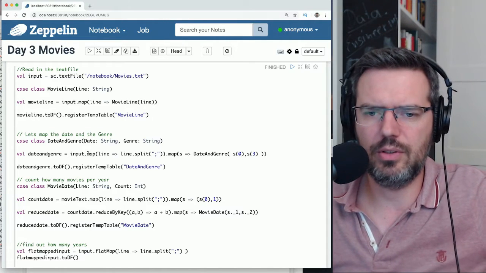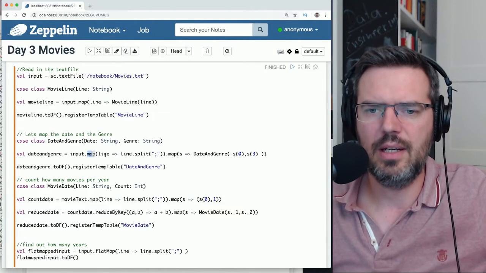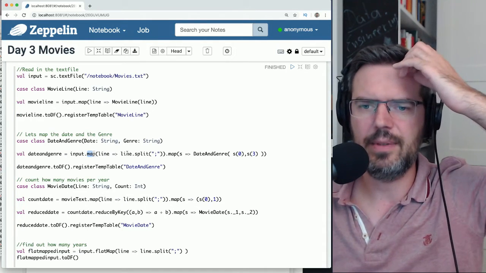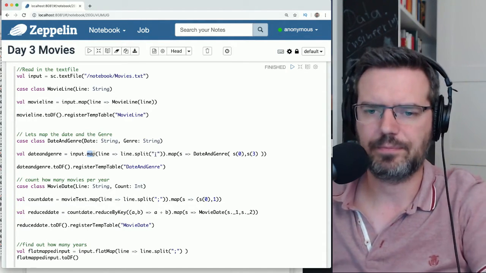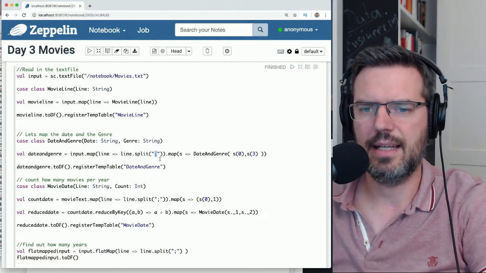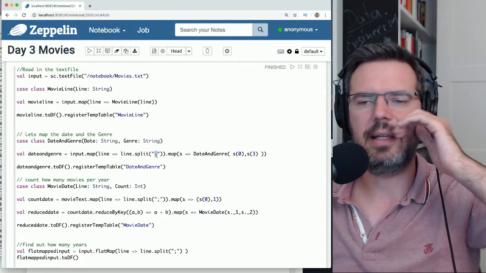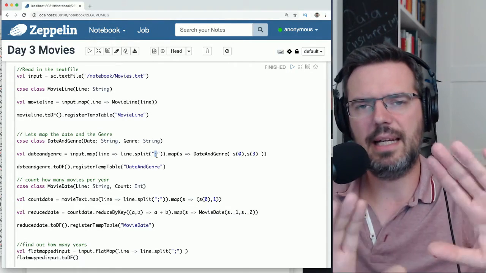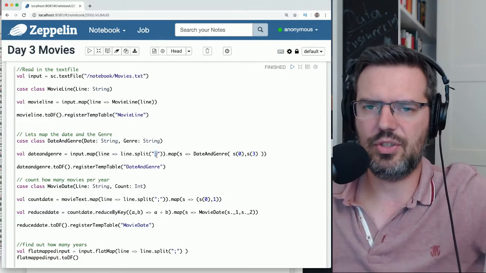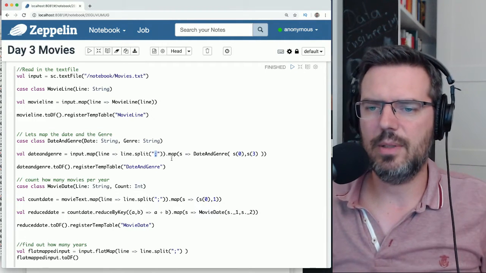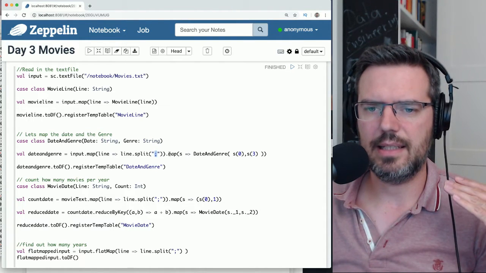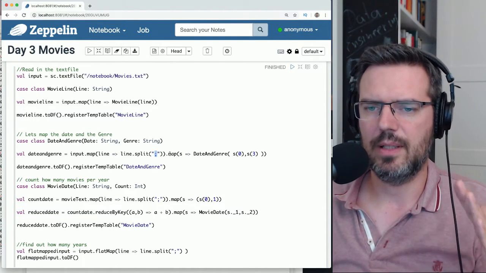Now we're going to do a map section where we take every line of this input RDD and split it at the semicolon. So we end up with a line split by each column, and then we can select what we want.